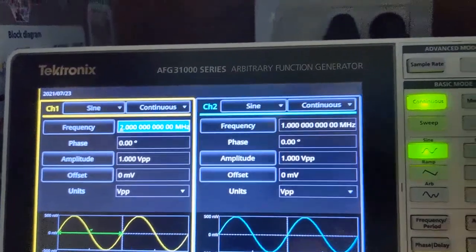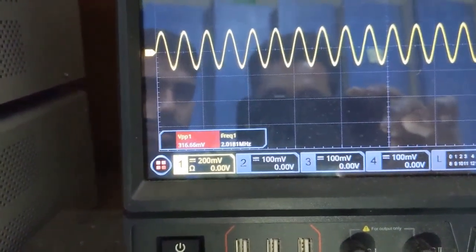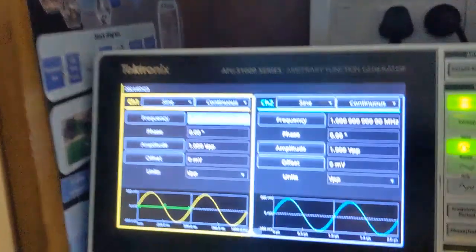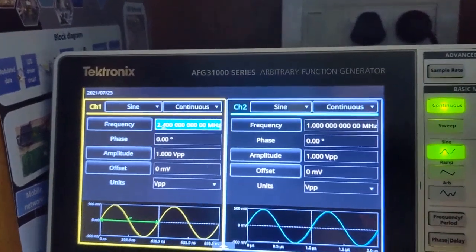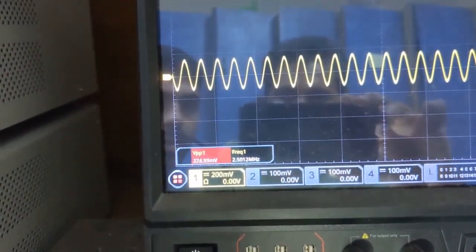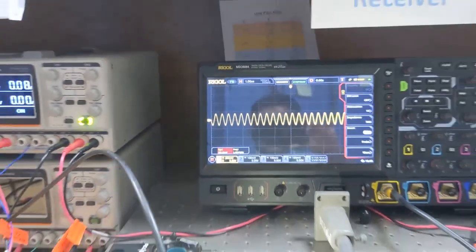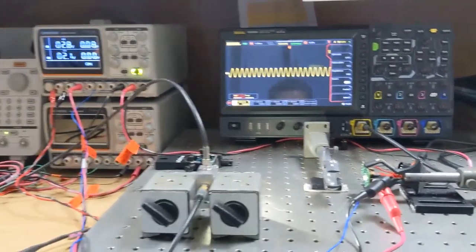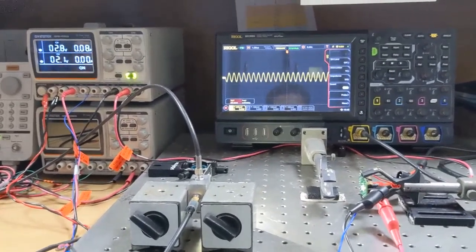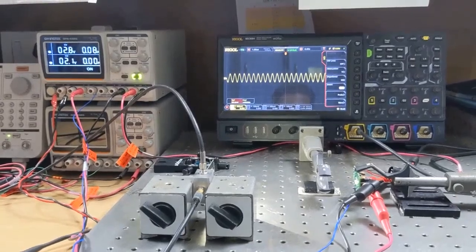At 2 megahertz, the amplitude is 316 millivolt. At 2.5 megahertz, the amplitude is nearly 283. So that frequency is the 3 dB bandwidth of the link, that is 2.5 megahertz without the blue filter.